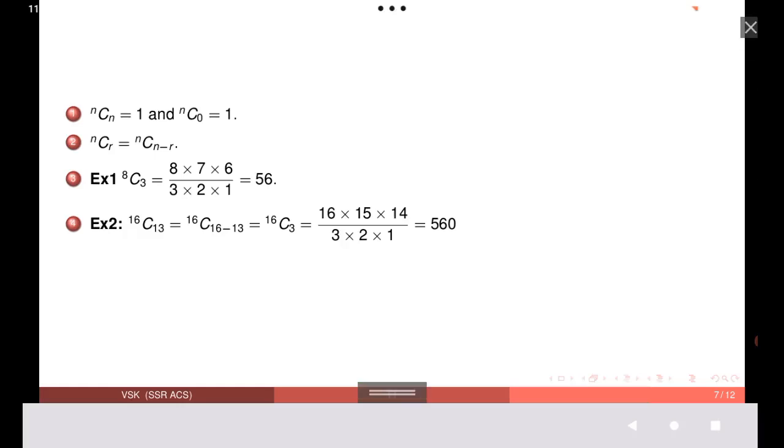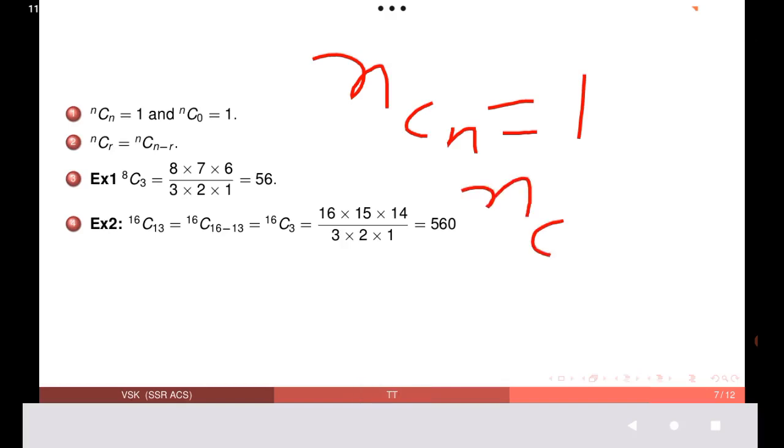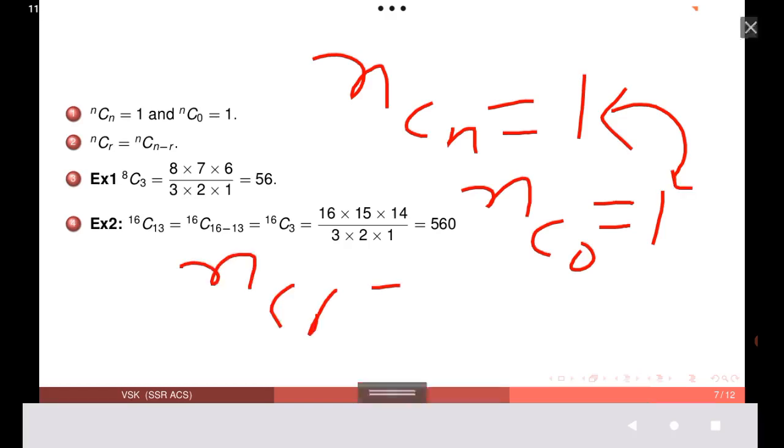Now let us see some facts here. nCn, that you keep in mind, will always be 1. nC0 will also be 1. So this value is always equal to 1. nCr will be the same as nC(n minus r). For example,